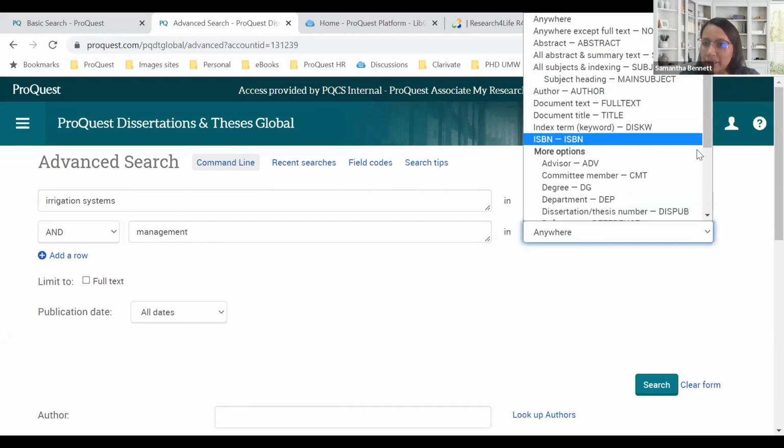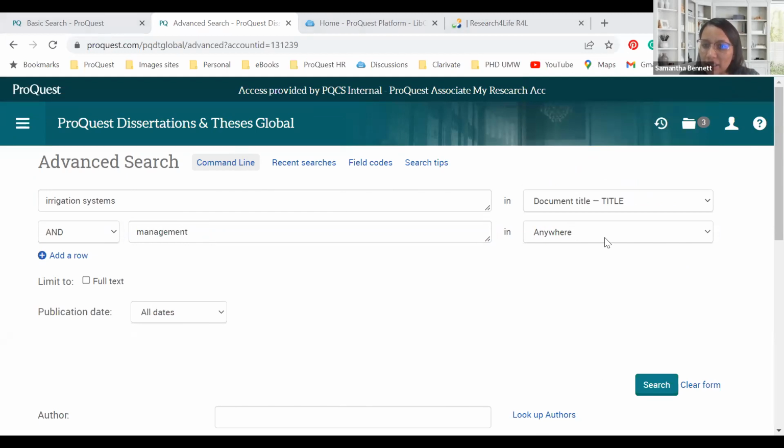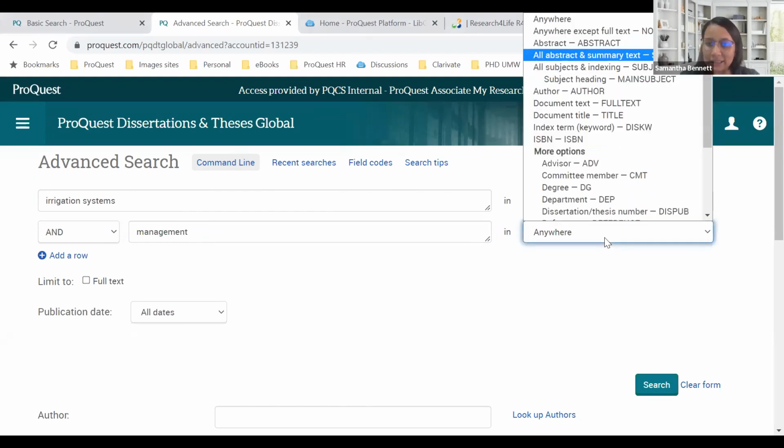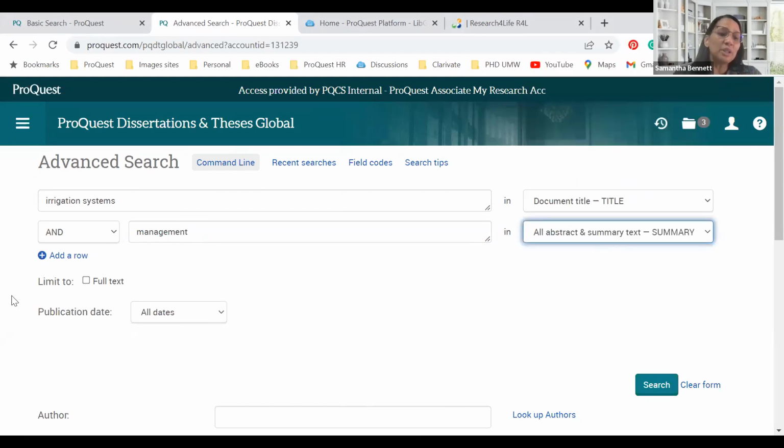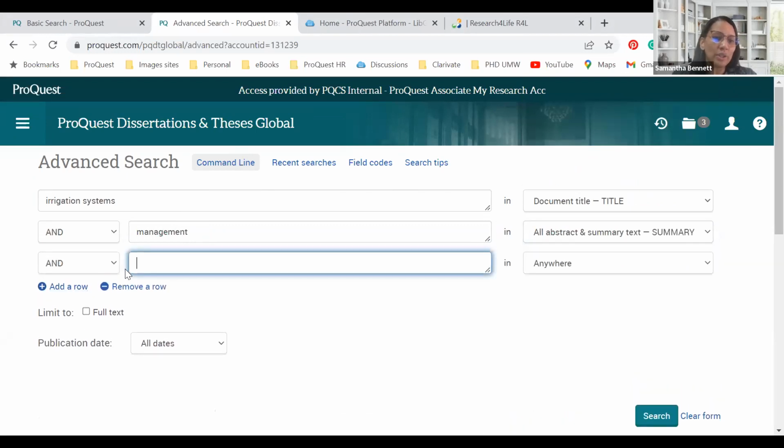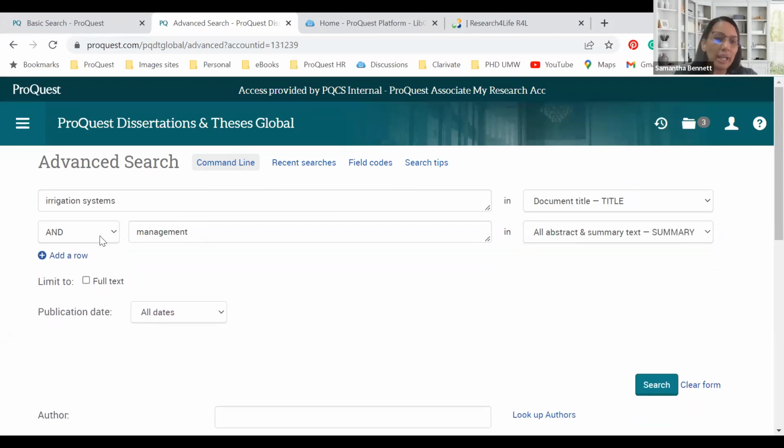So let's go there and just find the abstract. Abstract summary text. There we go. And the beauty of this is you can add another row, or you can simply remove the row, and you don't have to type in the Boolean operators and, or, not, because they are there for you.